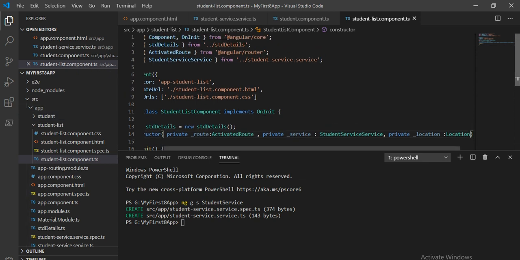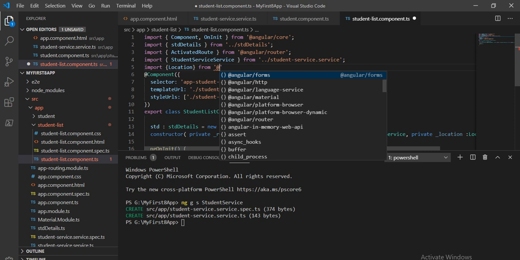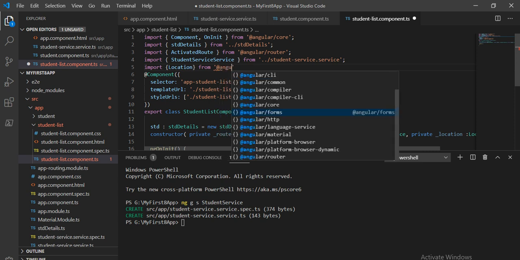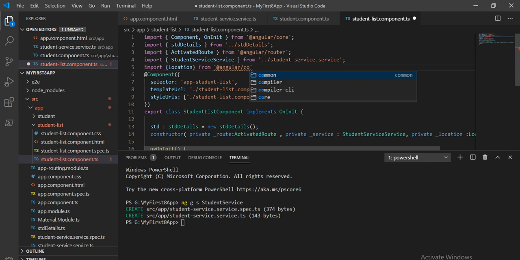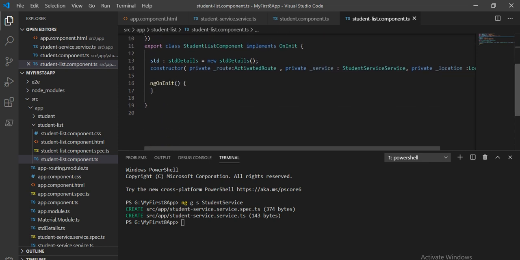So let's import this location: import Location from Angular common. Basically Location comes from Angular common only. Now next we will call the function based on the related ID.